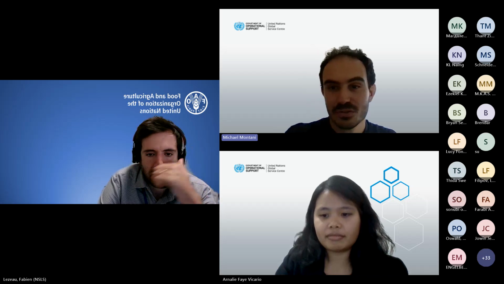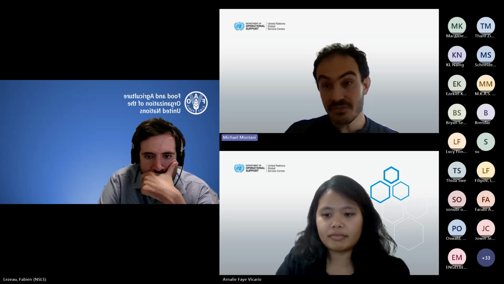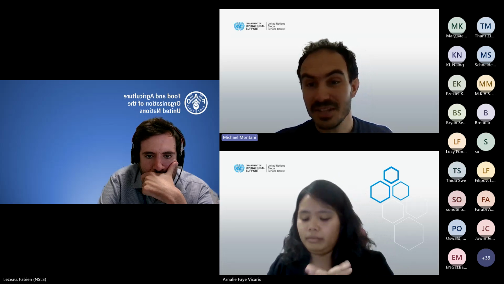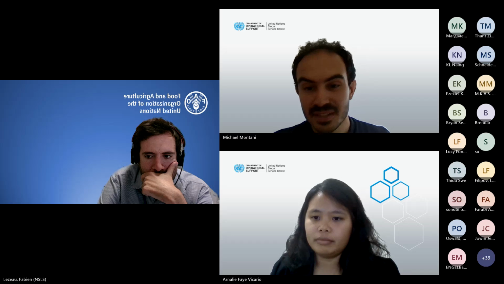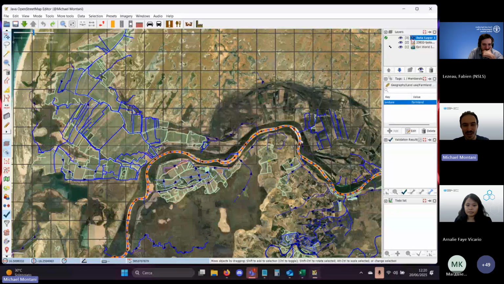I first want to do a part of feature identification. So we'll go through the area that we are going to map. As of now, you don't have to map yet.